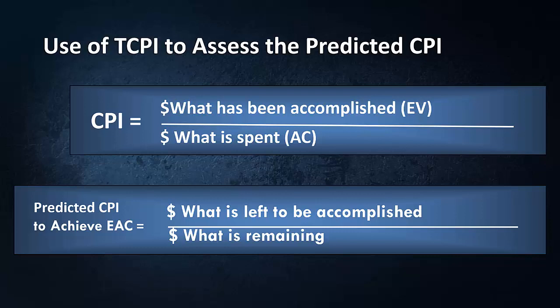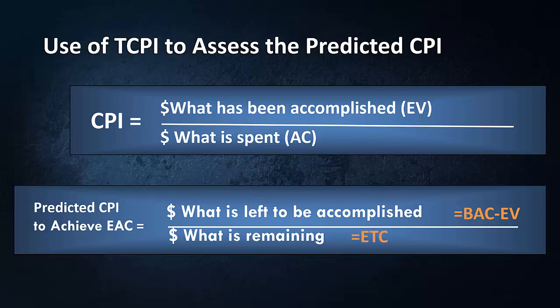Now, let's come up with the earned value management formula, and replace this knowledge with some equations. Can you tell me what is the dollar value of the work that is left to be accomplished? What is the formula for that? Yes, that's budget minus earned. Budget at completion, which is my formal approved budget, minus what I have accomplished to date, gives me what is left to be accomplished. How about the dollar value of what is remaining? What will be the formula for that one?